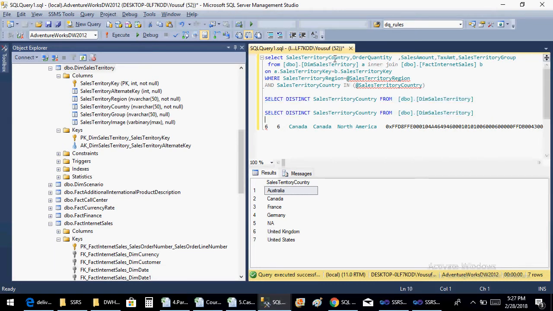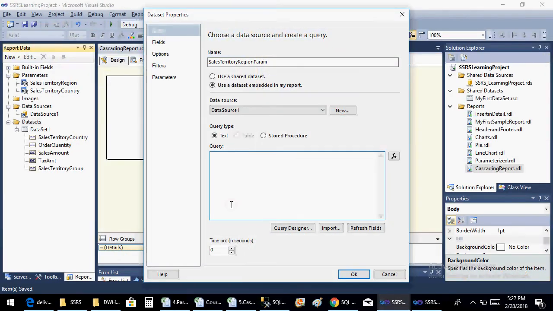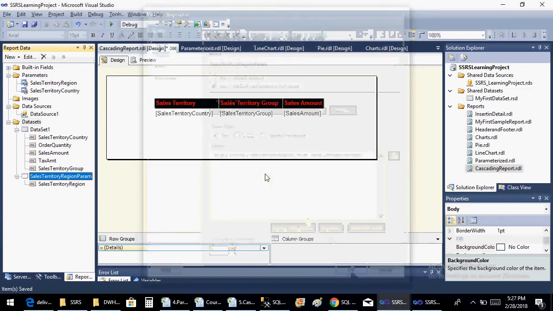So I need territory region as a parameter and territory country as a parameter. So this is for territory region. Click OK,